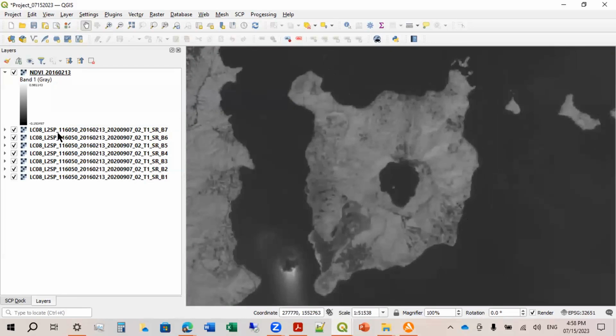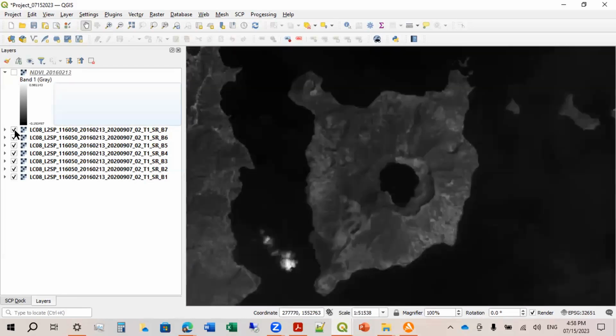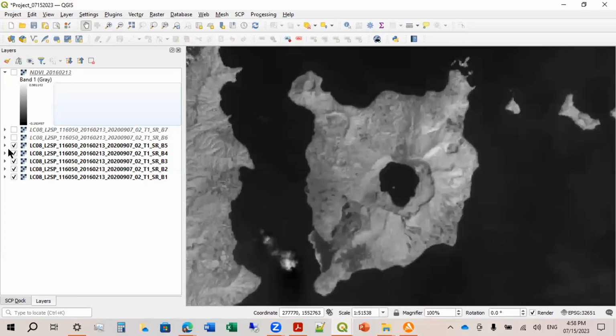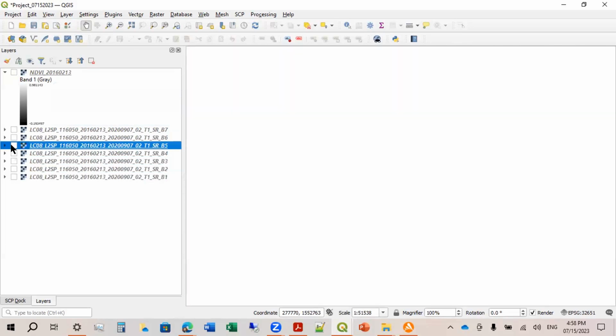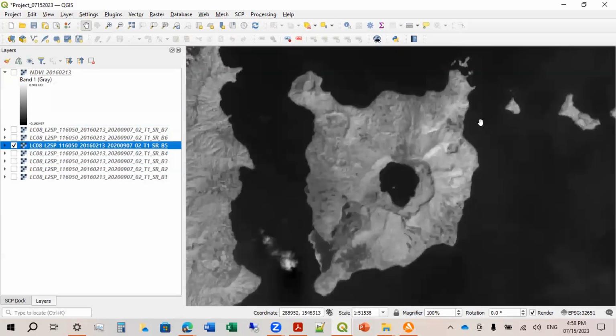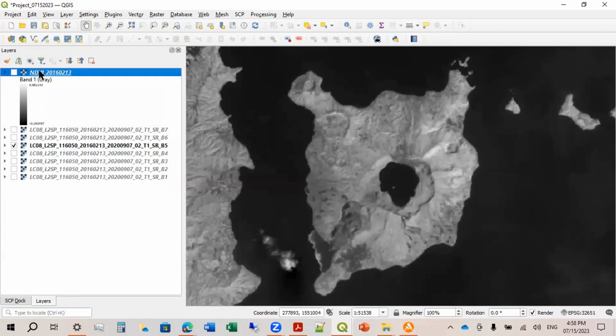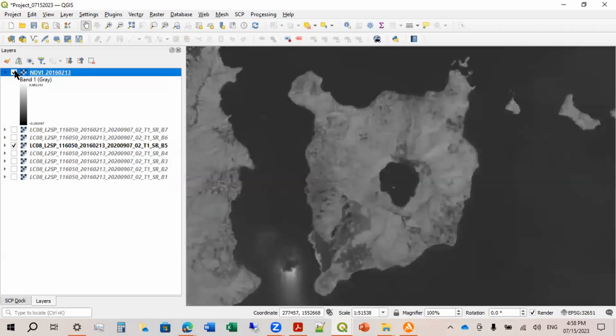So you will notice that's very, very well defined, no? Okay, so let's look at this one. So this is band number 5. So this is near infrared. Okay, so this is NDVI data.